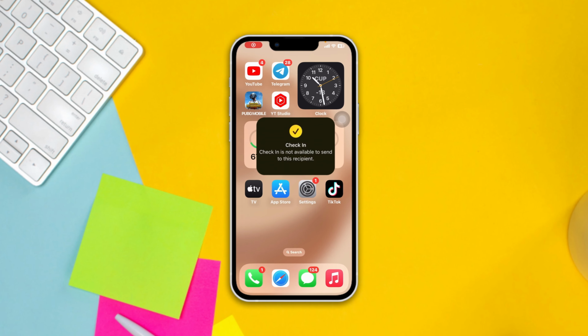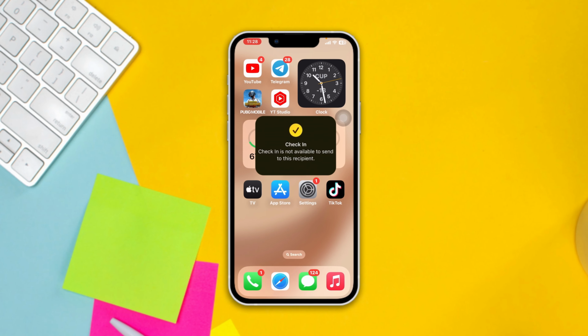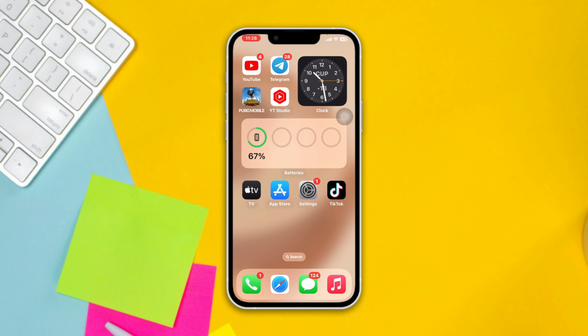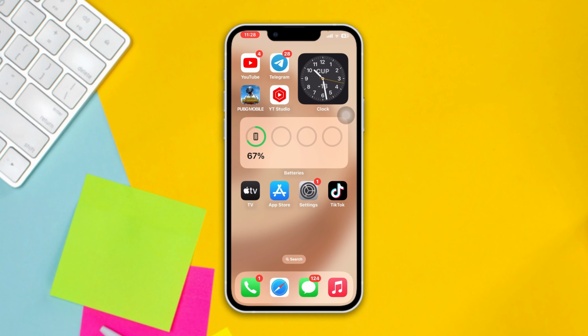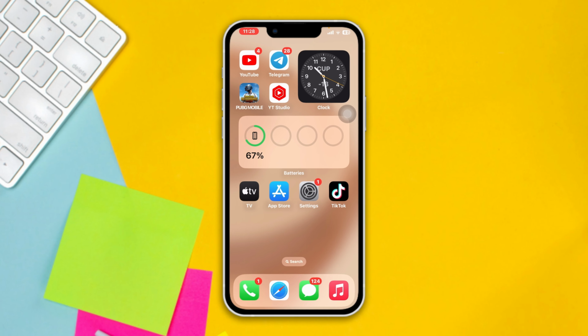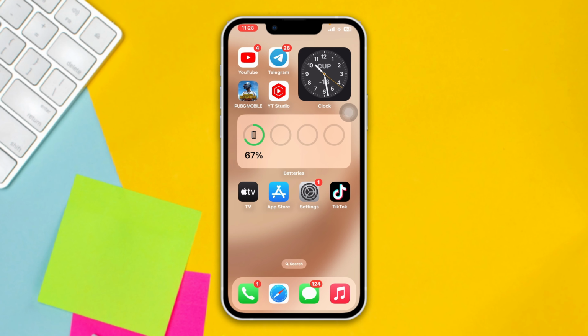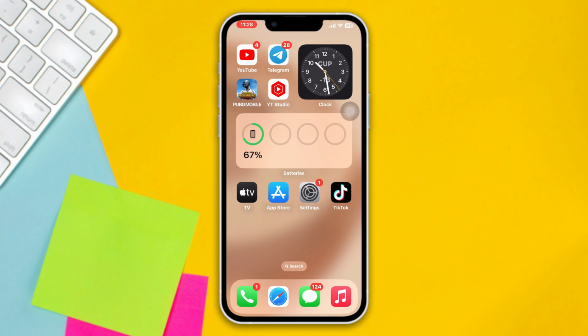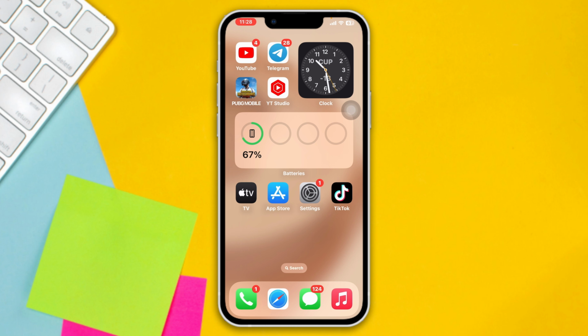Are you encountering the error "Check-in is not available" on iMessage on your iPhone after the iOS 17 update? Don't worry. In this video, I will show you some advanced solutions on how to solve check-in not available on iPhone. Let's get started. Before you do anything, make sure that you have a stable internet connection and follow